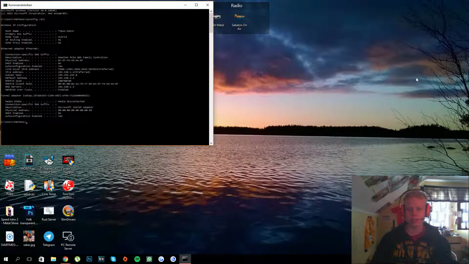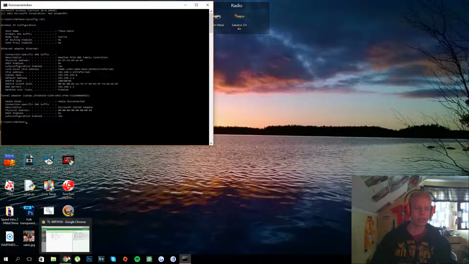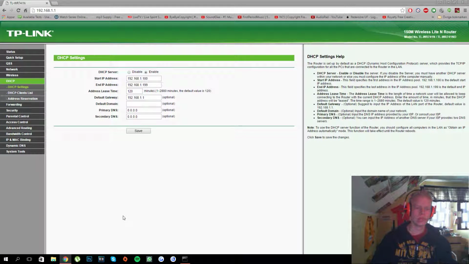But that's not it actually, because I recently discovered that, as I already said, you can't use any 3-digit number at the end of your new IP address. There are exceptions. As I said, 254 might be the highest value. I have no idea if it does depend on routers or not. But as you see here, I have my router's settings up on the screen.